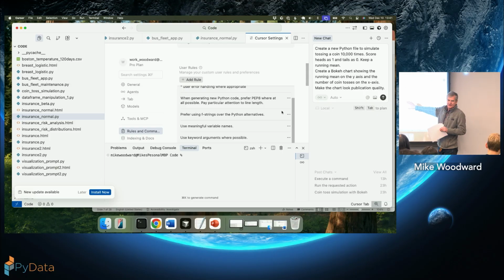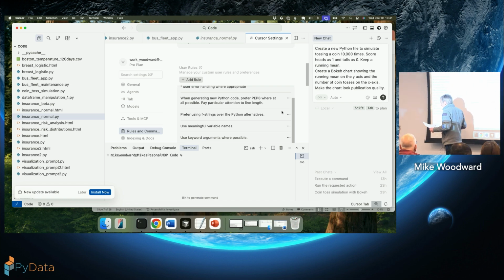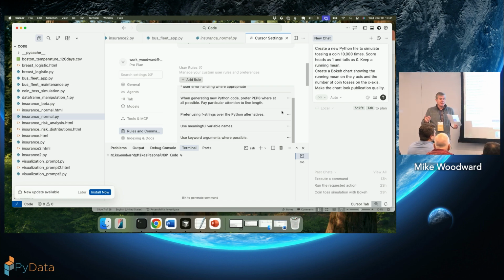Okay, enough of the talking. Let's get onto the code gen stuff. I want to show you how good Cursor is at code gen. We're going to start off with some relatively simple problems. I'm going to show you how it can generate some visualization code, meaning some charts. Then I think there was a question from a couple of people about Streamlit. I'm going to show you Streamlit and how good it is at generating Streamlit and how quick it is.